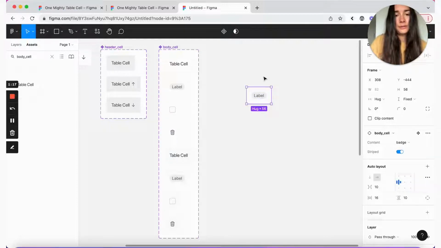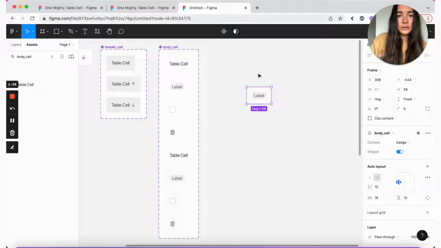While it's certainly fine to click into it and modify it, it would be nice to have a shortcut. And also, not every designer may know that this is a separate component inside, and it might have its own separate properties that I can change. All in all, it would be much nicer if we were able to surface those instance properties right here when we just have the body cell instance selected. And right now there is actually a new way to do this, and that's where nested instance properties come in.